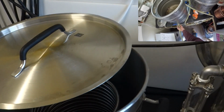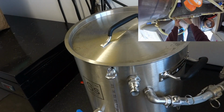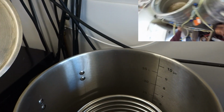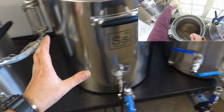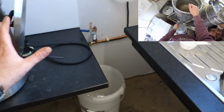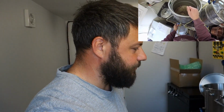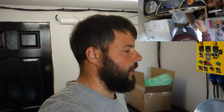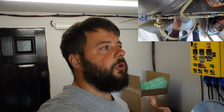We have actual lids that are for the pots with silicone rubber on them so you don't burn your hand when you pick them up. And of course, we have the SS Brewtech kit. So I knew that I needed to either pack up brewing on the 3-vessel system that I had and go one of two ways. I needed to get an all-in-one brewing system or spend the extra money and go for a 3-vessel system, but